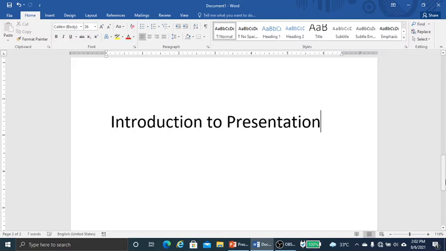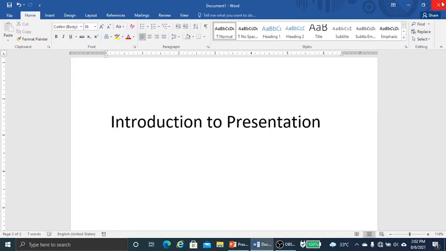Now presentation software has many features, like transition, animation, and different themes, and the applications of presentation software are many. They are used to enhance learning. The use of presentation software encourages reading, writing, speaking and listening, and it gives the ability to communicate messages to a group of people.